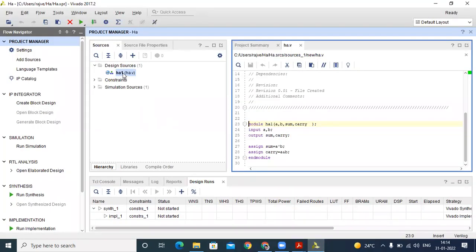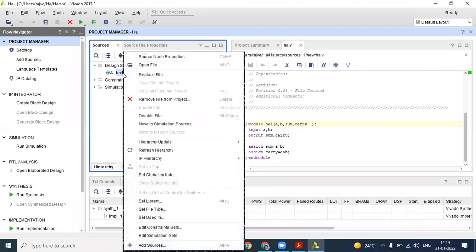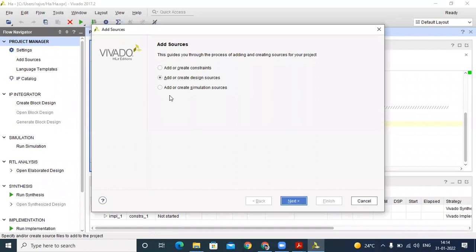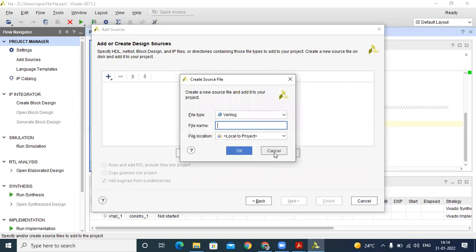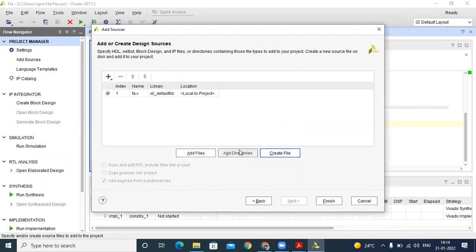Suppose by right clicking, add source, add or create design source, because we want to develop our sources. Next, suppose we want to write the name as full adder, FA. Then after, finish.